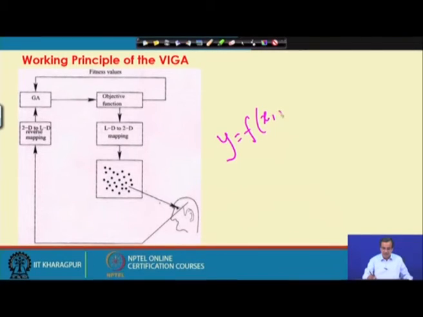that is, y is a function of a large number of variables like x1, x2, x3 up to, say, x10. So, this particular objective function is in 11 dimension, y is a function of 10 variables. So, the surface of the objective function is in 11 dimension. So, we cannot visualize this.